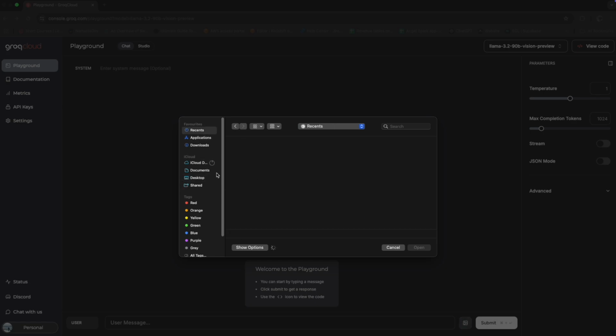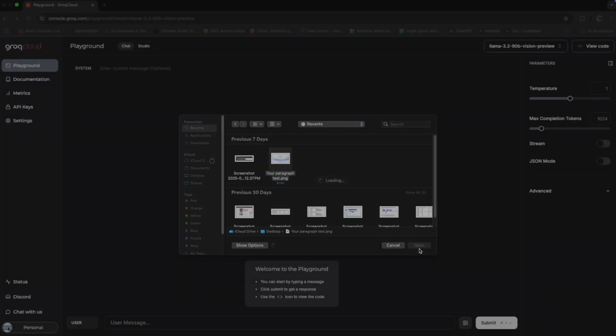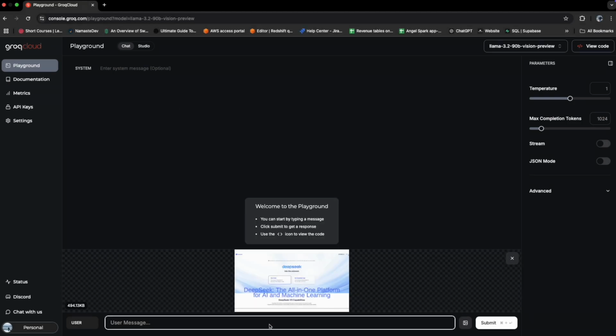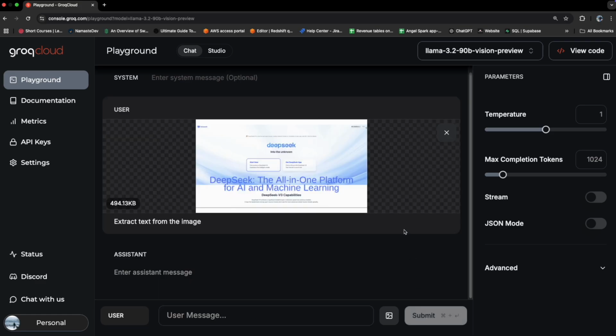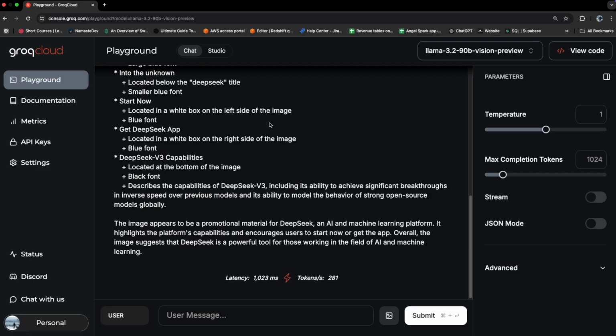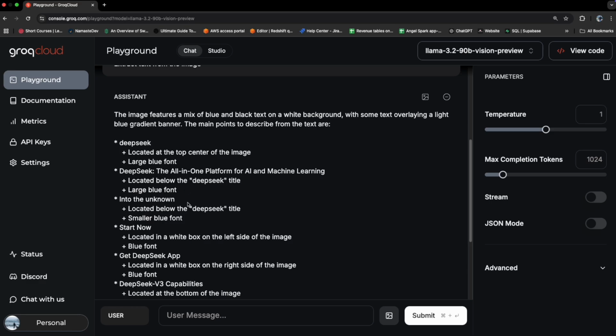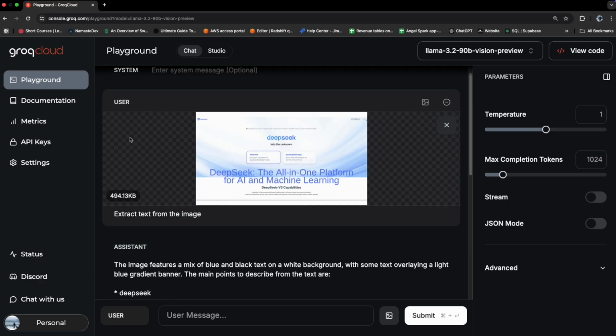So here, what I will do is upload this image and ask it to extract text, and submit. So you see all the text was extracted from the image.